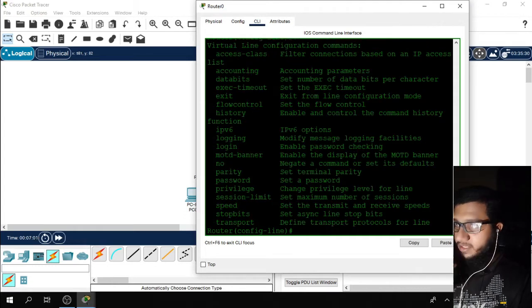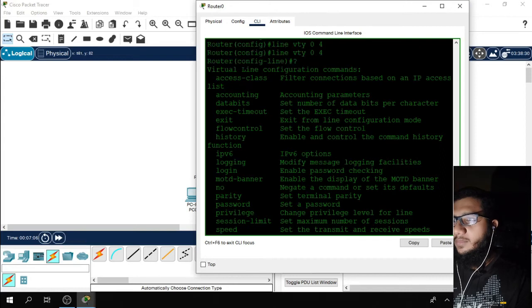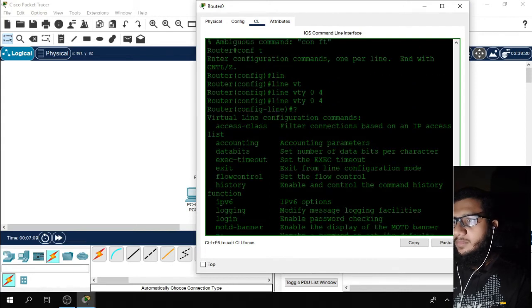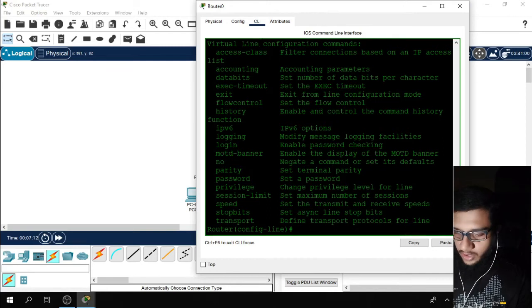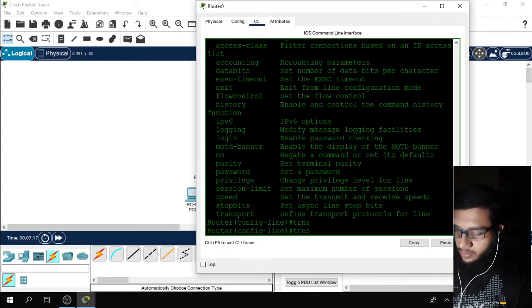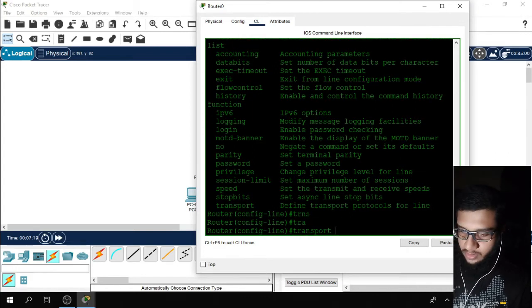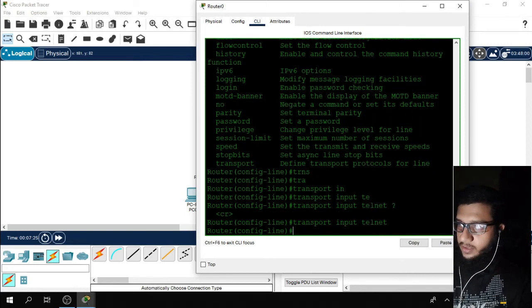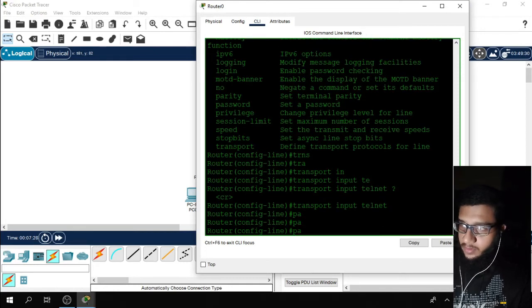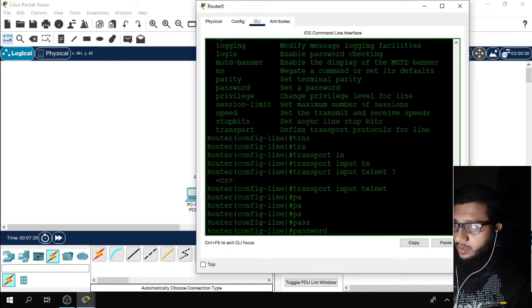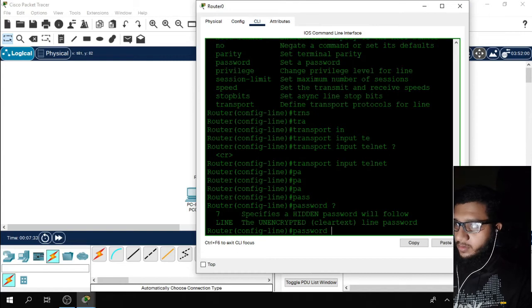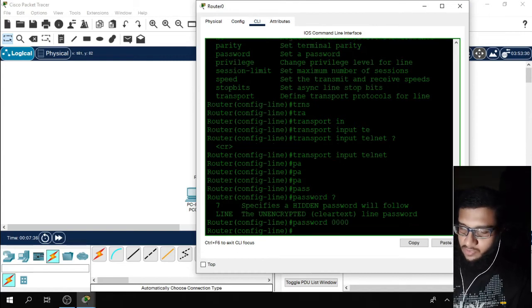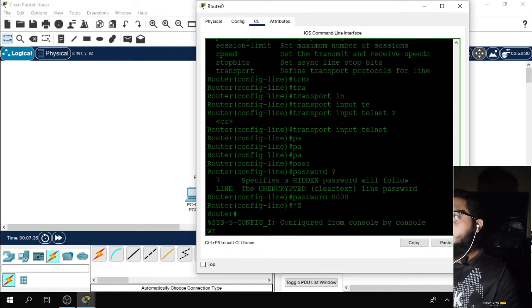And here I'll type transport input telnet, enter, then password, then Ctrl Z, WR. Maybe this time it will work.